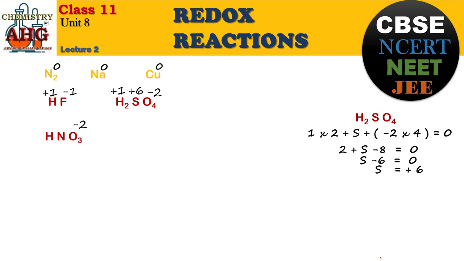What about hydrogen? At the most, what you know very well, hydrogen can provide a share of +1. So the remaining charge -5 will have to be neutralized by nitrogen. So what does this mean? What must be the oxidation number of nitrogen in this compound? The oxidation number of nitrogen in this compound must be +5. So you can see the total charge has been balanced out, and nitrogen and hydrogen have completely neutralized the negative charge of oxygen. Look at the next example.